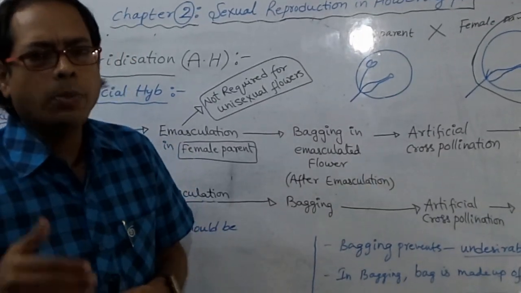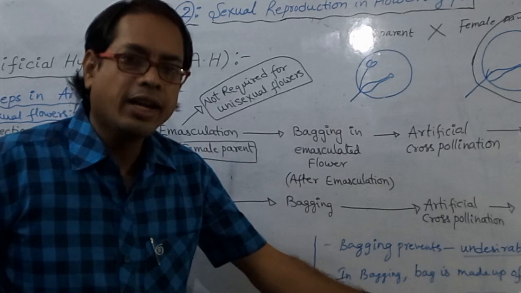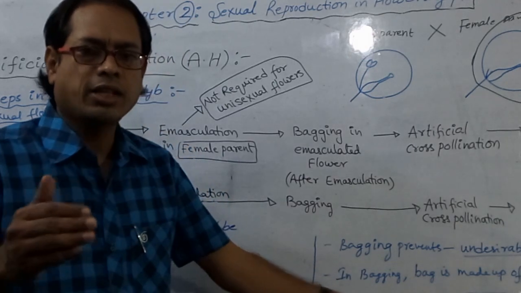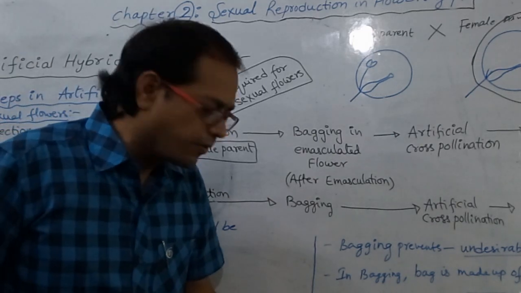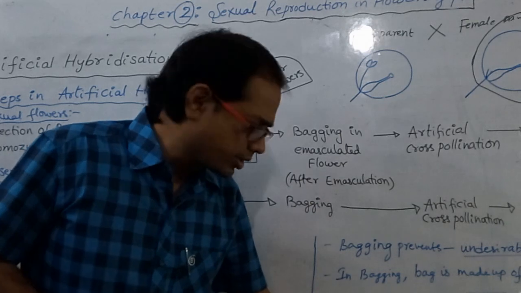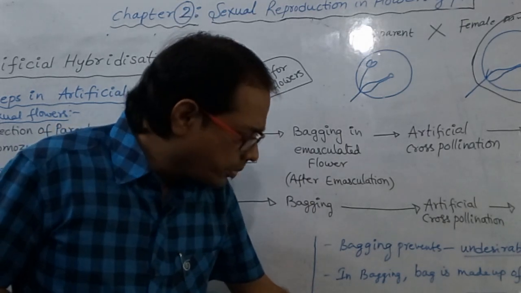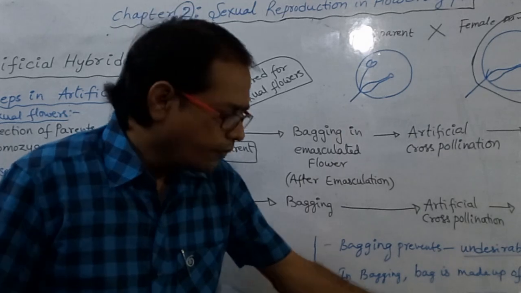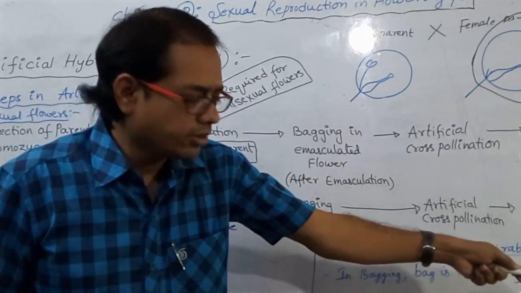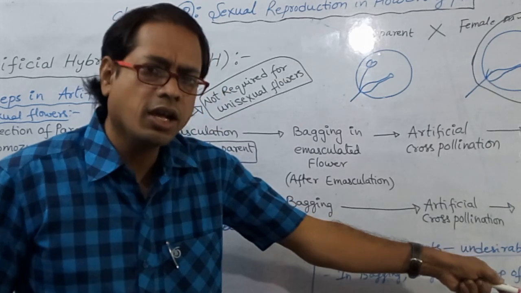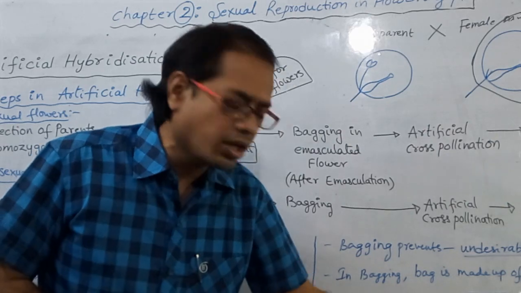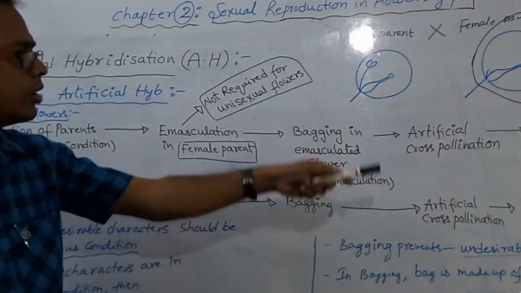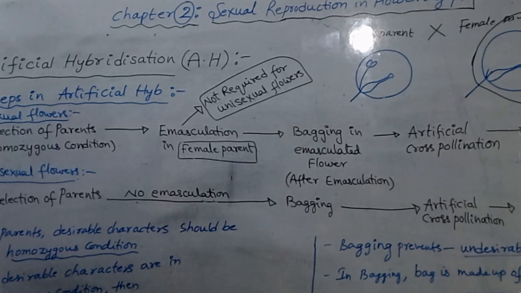In which plant is the male part sterile? Brassica napus; its androecium is sterile. So emasculation is not required in these three cases: the male parent, a female parent having unisexual flowers, and a female parent having male sterile bisexual flowers in Brassica napus. Where do you find unisexual flowers? Papaya, that is Carica papaya, Vallisneria, Borassus. Go through all these points and note them down in your notes.